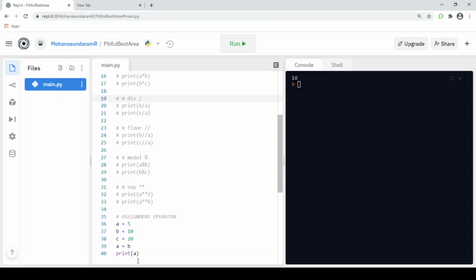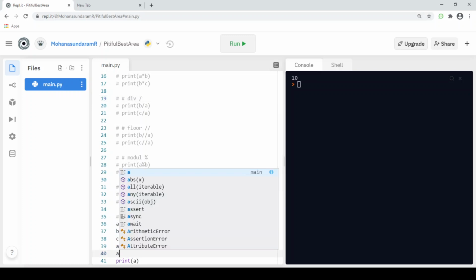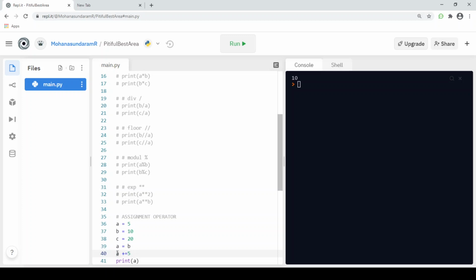The next type of assignment operator is A plus equal to 5. This is a type of assignment operator where we are adding a value of 5 to the value of the A variable.